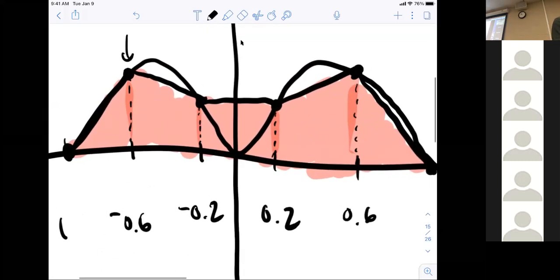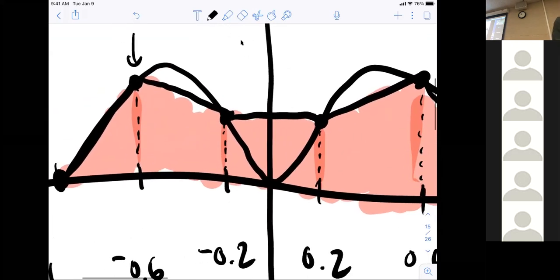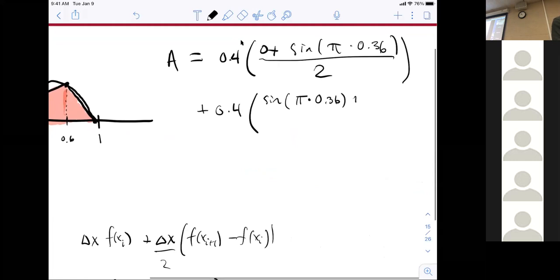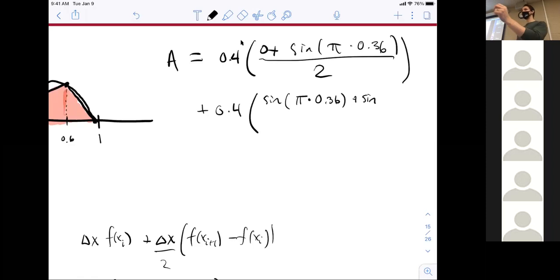The height of the second trapezoid. Perfect, exactly right. Plus sine of, I just plug in negative 0.2 into sine of pi x squared. Well, when I square negative 0.2, I get positive 0.04, right? So I'm going to get sine of pi times 0.04